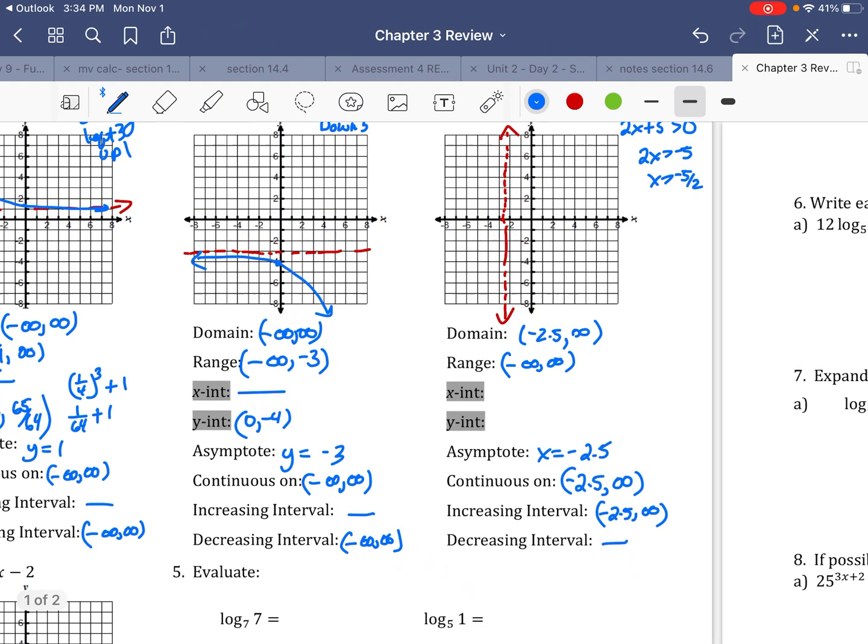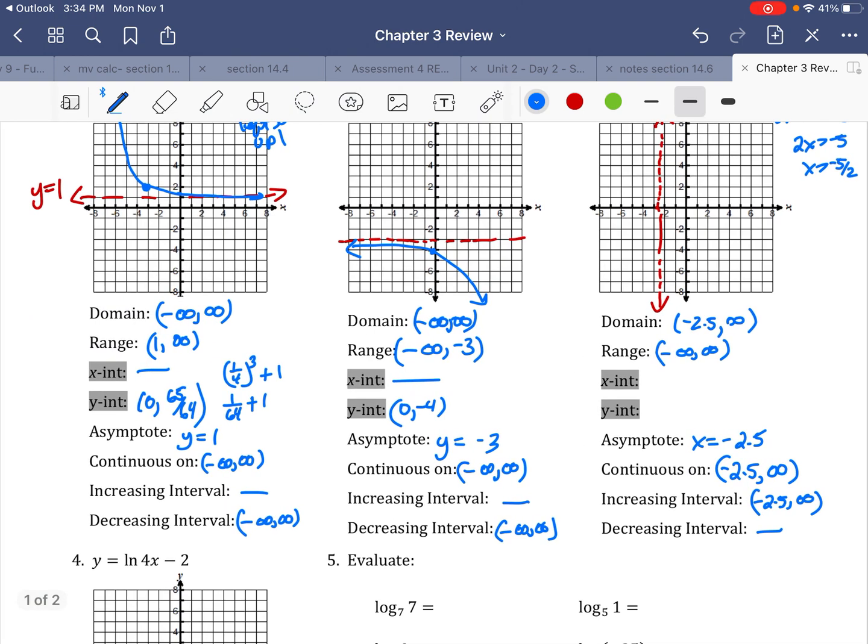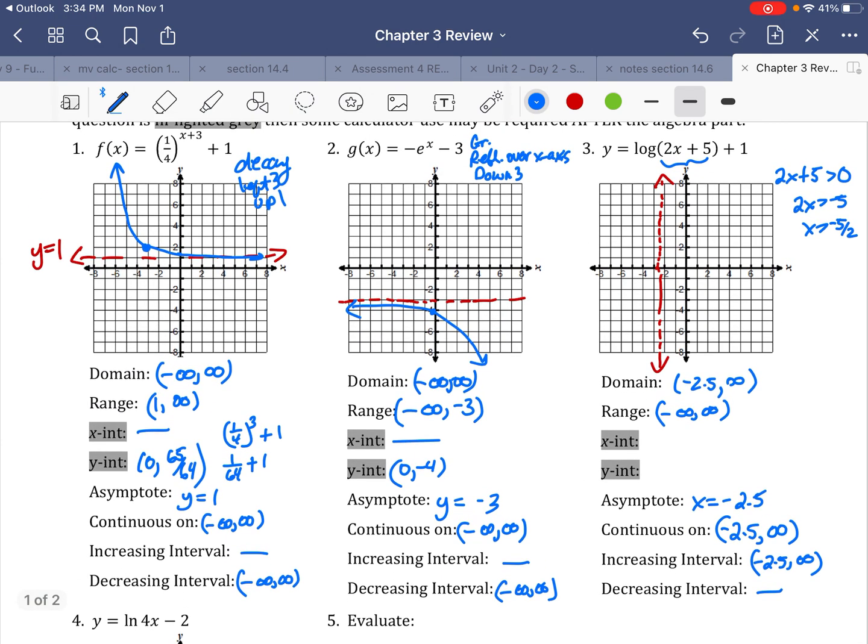All right, so let's work on our x-intercept and our y-intercept. Okay, so my x-intercept, I let the y value be 0. So I'll do that right up here, my x-intercept. I let y be 0. So I get 0 equals log, there is no base, so it's base 10, of 2x plus 5, plus 1. All right, so take away 1. So minus 1 equals log base 10